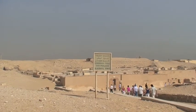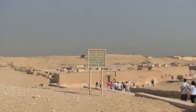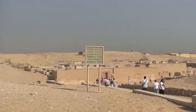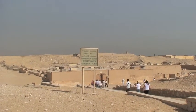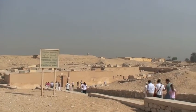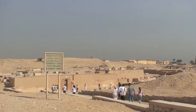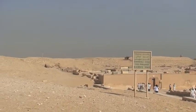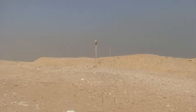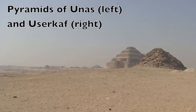We saw the step pyramid, and now many of the tour members are going down into a tomb in another pyramid. They will not allow cameras inside. I'm just taking some pictures from the outside to get a perspective of what the place looks like. There are active archaeological digs going on in some of these mounds. In the distance, the digs are